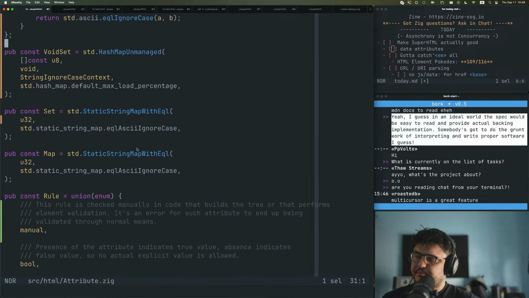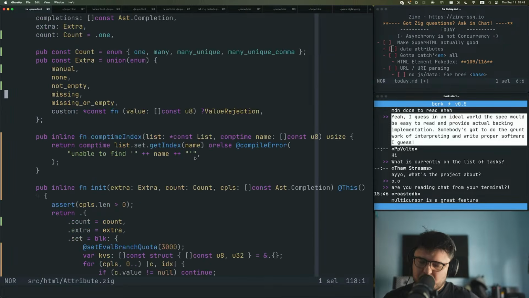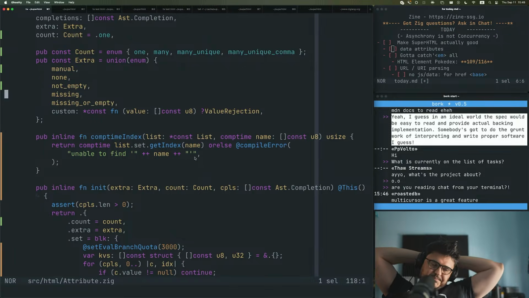Basically, every time we're looking into global attributes, we want to look into data. We want to also grab data attributes. Let me think about it for a second. That is one way of doing it. But that would break the assumption that every time you go in there